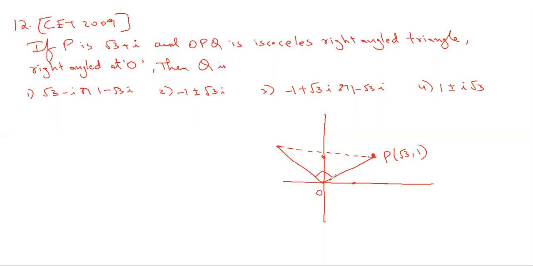So the other one should be here, or the other one can be here also. So the other point can be in the second quadrant or fourth quadrant. Okay, yeah. So either way, x is plus or minus root 3, right? It is not the exact reflection of this. We don't know what this angle is.